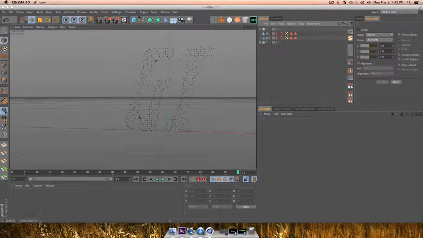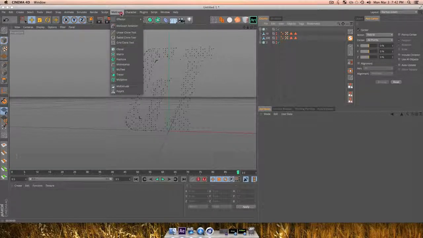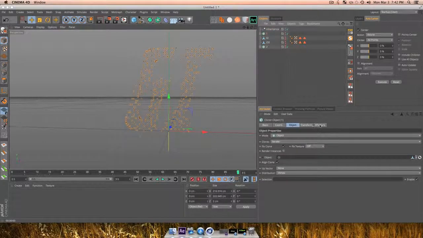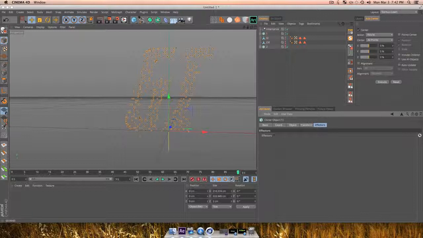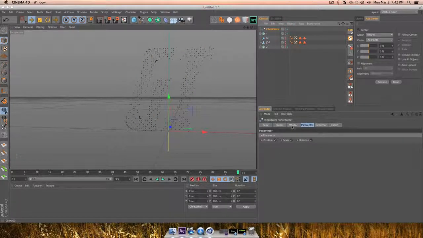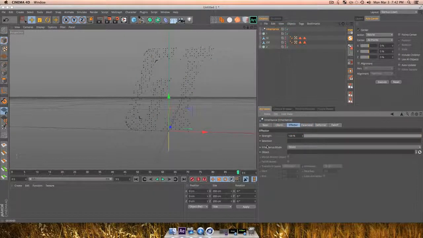So now what I'm going to do is go into my MoGraph module and grab an effector. And if you guys haven't used the Inheritance, it is awesome. So I recommend using it. So I'm just going to set it to Inheritance and make sure it is actually put onto this cloner. So in your Effectors tab, mine did not get added. I'm going to drop my Inheritance tag onto there. And now what we're going to do is click your Inheritance tag and go to your Effector. And we're going to set our Inheritance mode to direct, and our object, we're going to drop in our second